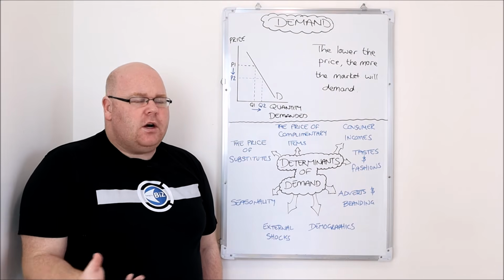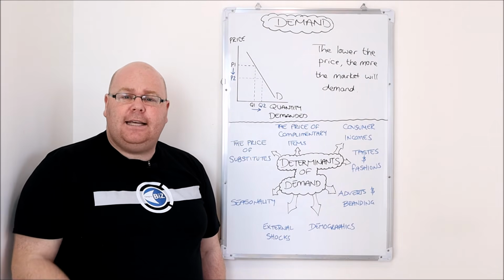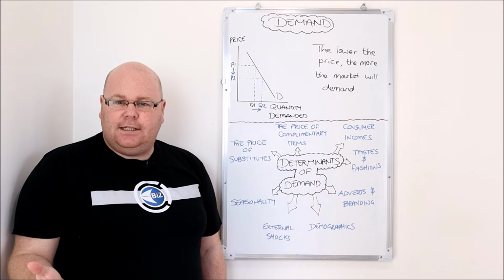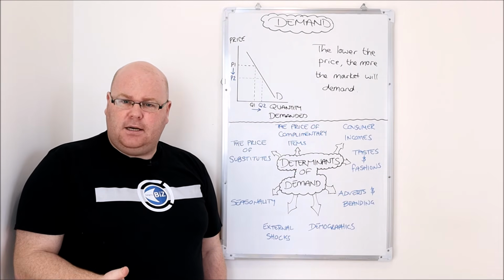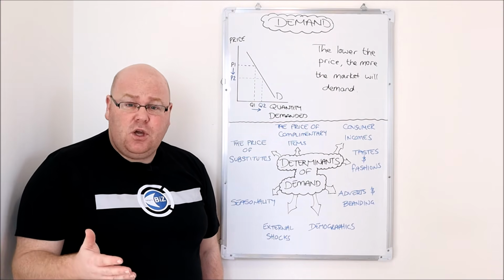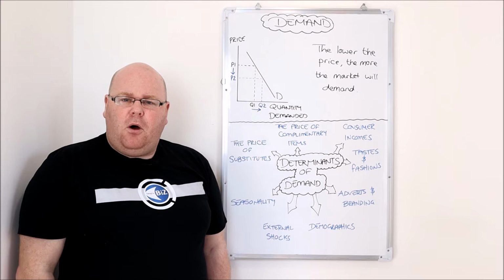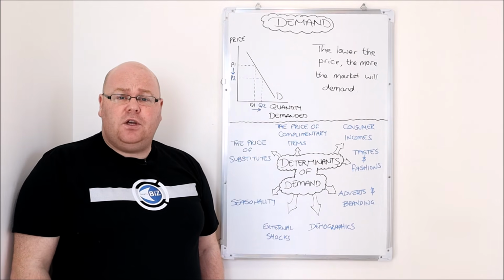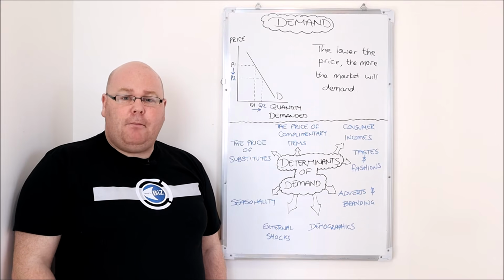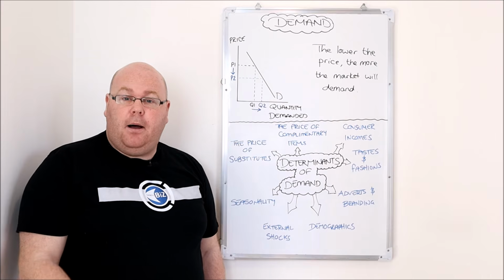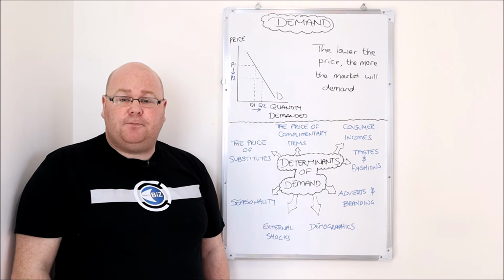Demographics can also play some role in determining the level of demand as well. As the construct of who's living in society evolves and changes, it might mean the demand for certain goods and services increases, whilst the demand for other goods and services diminishes. For example, in the UK, we have an ageing population. The average age of people living in certain areas of the UK is rising, and that might lead to a rise in demand for goods and services valued by more mature consumers.